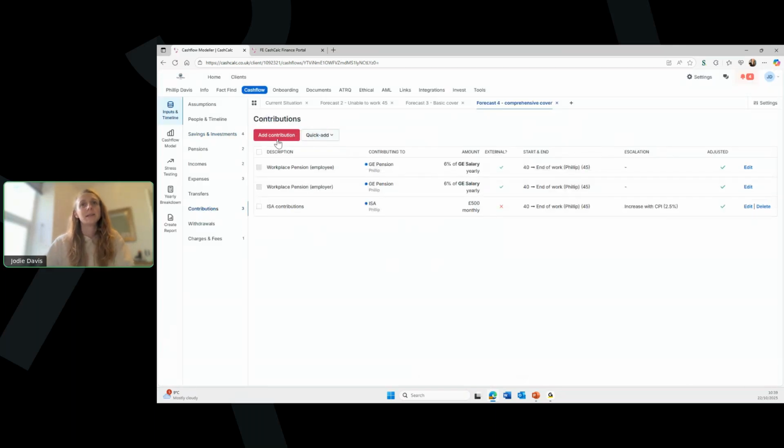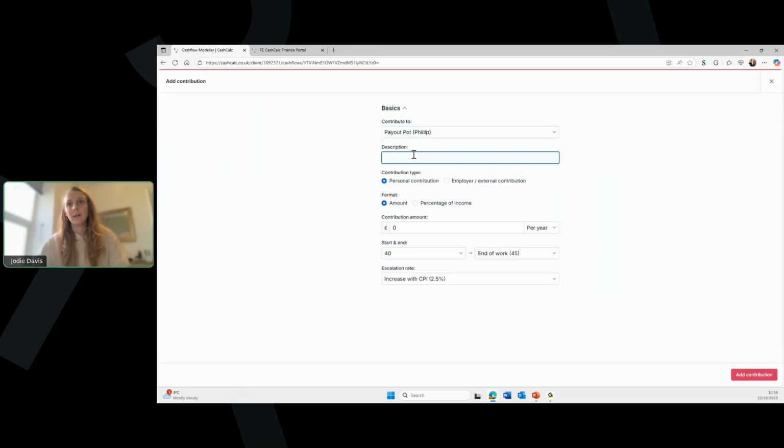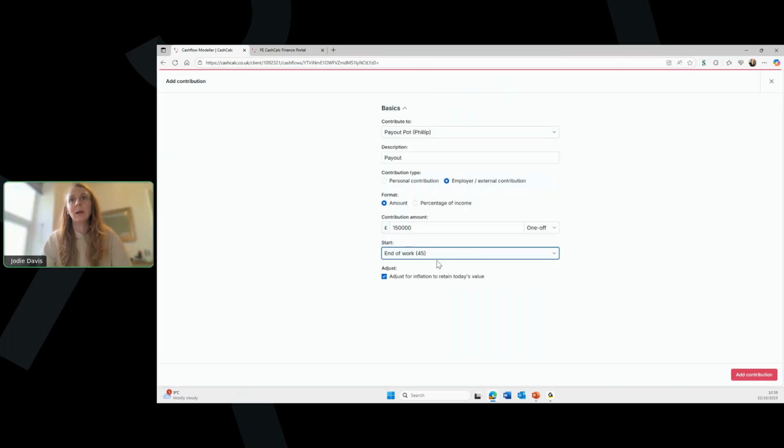And the last thing to do here is just to add in the actual payout itself. Payout, and ensuring that this is now an external source contribution. It's not money coming from the client's current account. It will be for the value of 150,000. It would be a one-off and would happen at the point of work ending. So if we add that contribution in,